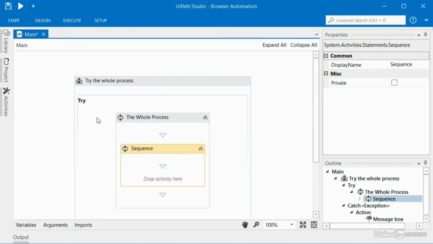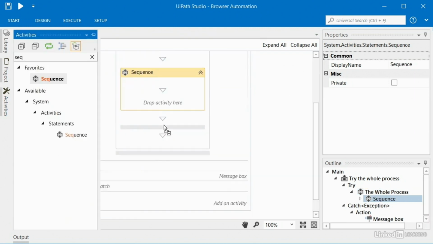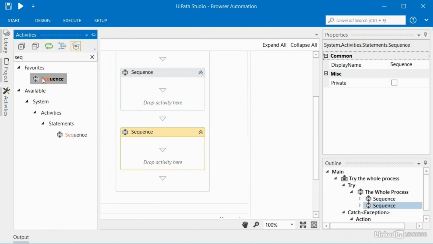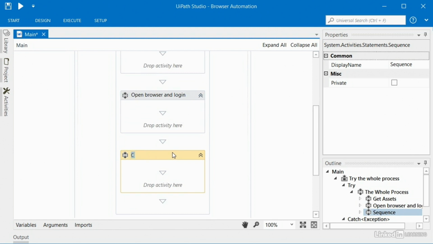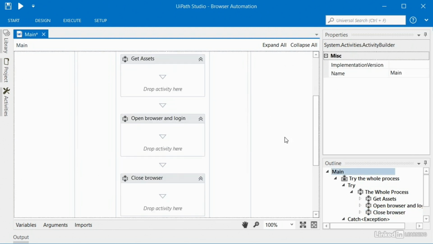So I'll drag in 1, 2, 3 sequences. I'll rename this one Get Assets. I'll name this one Open Browser and Login. I'll name this one Close Browser. In a future video, I'm going to add another sequence in between Open Browser and Close Browser, but for now